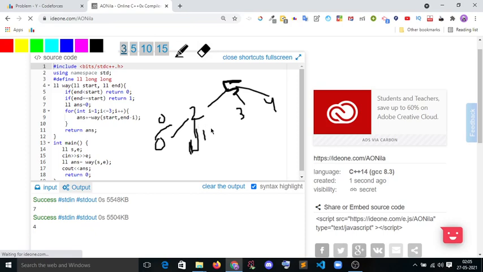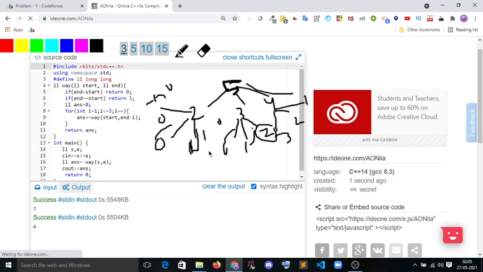Okay, and 2 minus 3 will be minus 1, it will also return 0. So 3 minus 3 is 0, return 0. 3 minus 2 is 1, it returns 1. Again 3 minus 1 is 2, again it will call the same overlapping subproblem. Again it will give 4. 4 has options 3, 2, 1. So 1 is also a path.